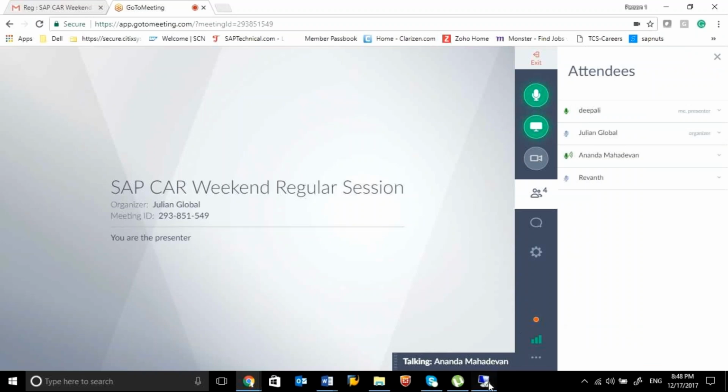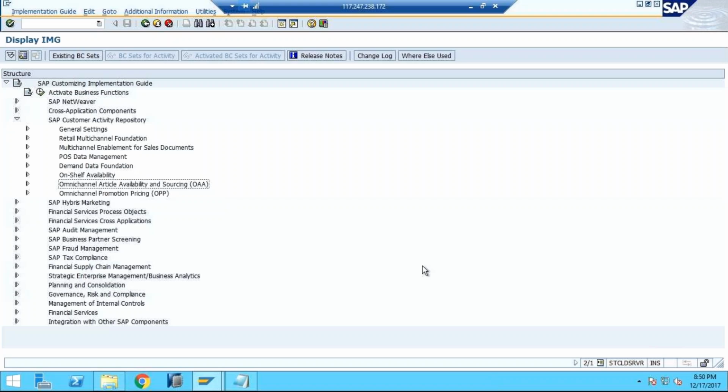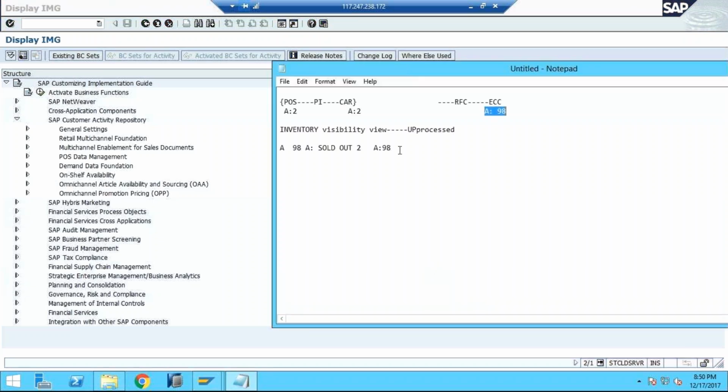So next we'll move to a very important module of CAR, and a huge module, because we have to do a lot of configuration for demand data foundation. We'll move to demand data foundation now because we have to do a lot of configuration in ECC as well as in the CAR system for demand data foundation. Now, what is demand data foundation? You can see under